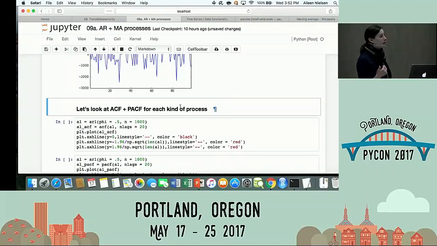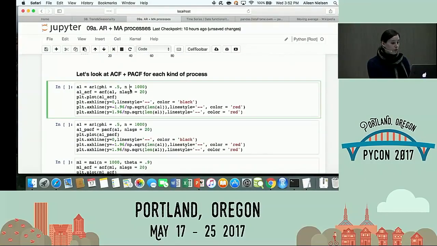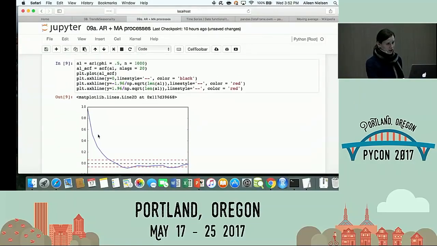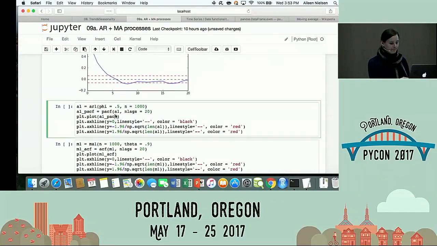So let's look at the autocorrelation and partial autocorrelation for each process. So if we look at an autoregressive order 1 process, here's our autocorrelation. 1 for itself, and then still significant at 1. Arguably still significant at 2. Why is that? I know it's an AR1 process, but it's showing up like an AR2 or AR3 process. Just not enough data, right? I still will have some statistical uncertainty. The fewer points I have, the less certain I can be about what my underlying model is, right? There's just going to be some sloppiness.